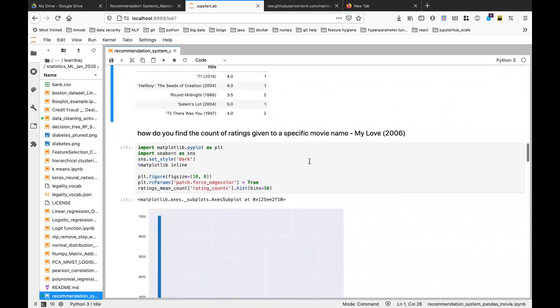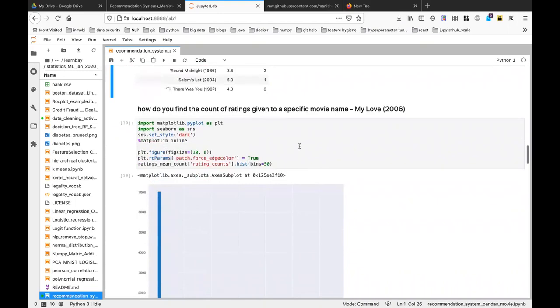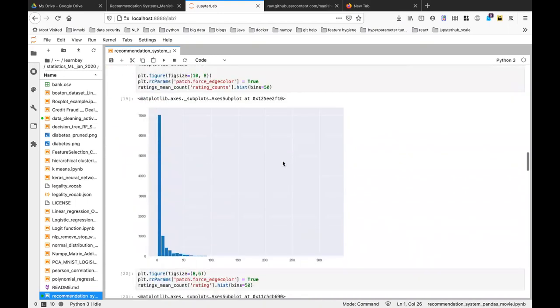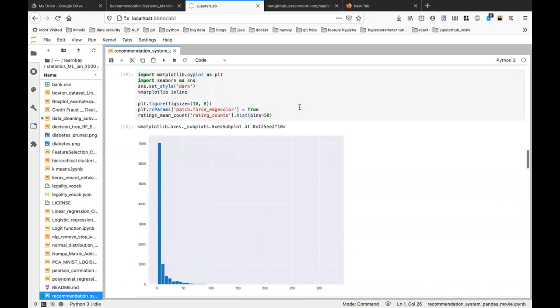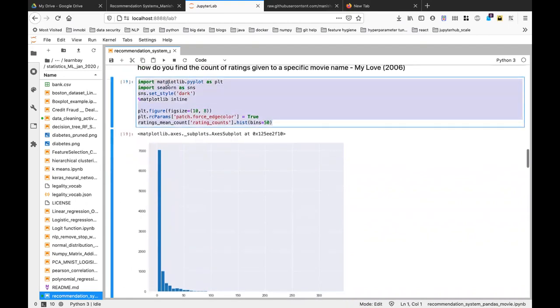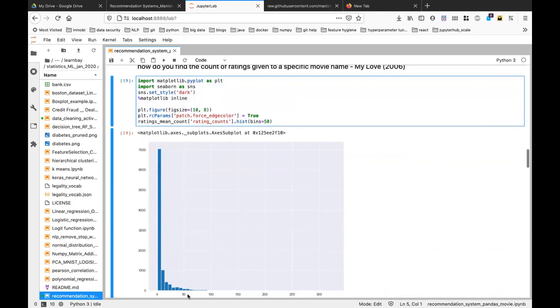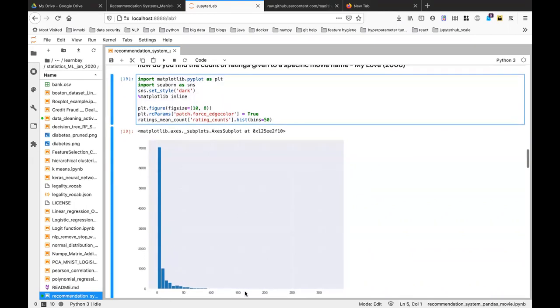Let's see how the ratings look. This is the rating count. What I'm trying to do here is create a histogram where my bins range from 0 to 50, 50 to 100, 100 to 150, and I'm trying to see how many movies fall in these bins.